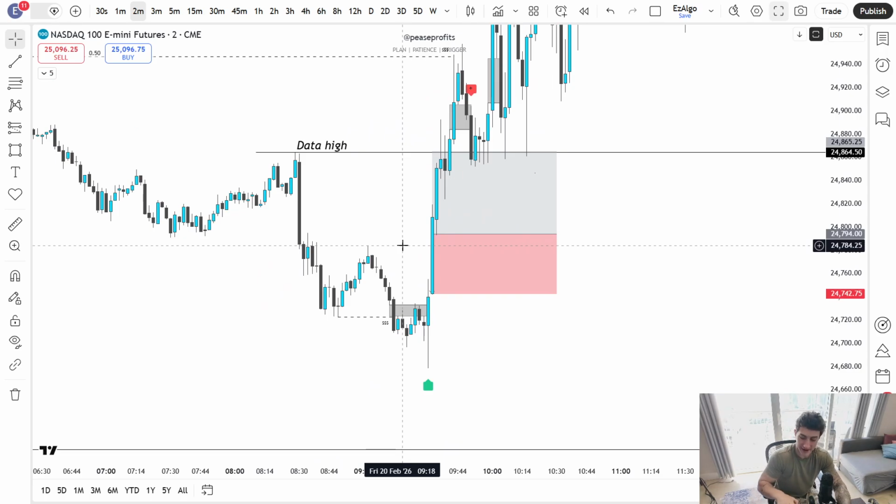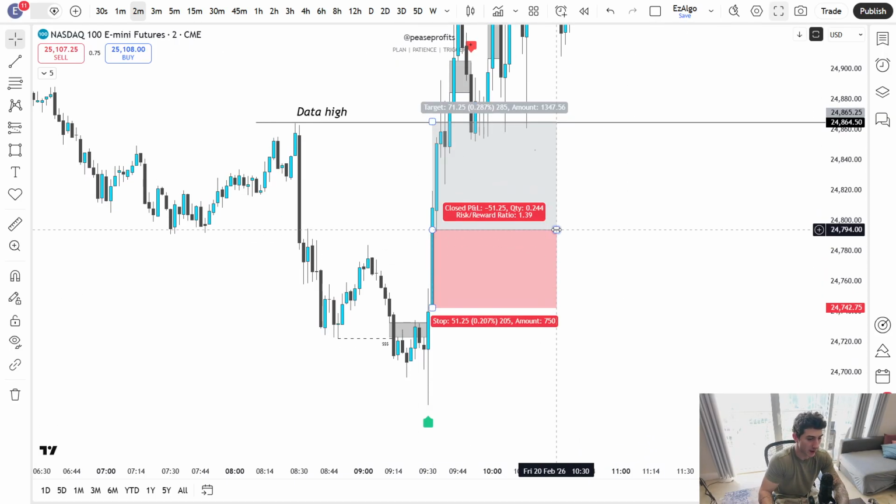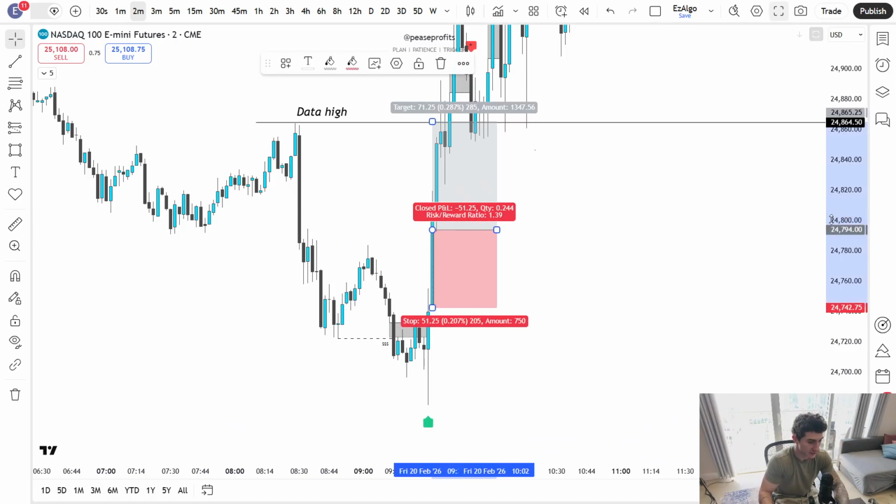Today is Friday, February 20th. We got a pretty decent setup here on NASDAQ. I didn't go in as heavy as I would have liked to, just because I kind of chased this entry, which I never do, but the draw on liquidity was just too clear for me. This was an absolute A+ setup. I didn't want to miss this move, so we caught this 1-for-1 for the day inside the stream. Let's go over this trade.